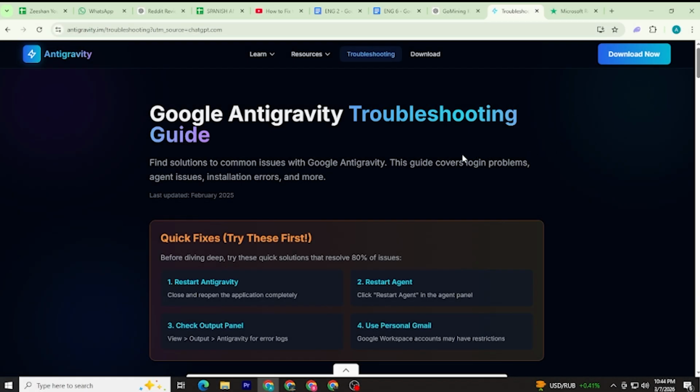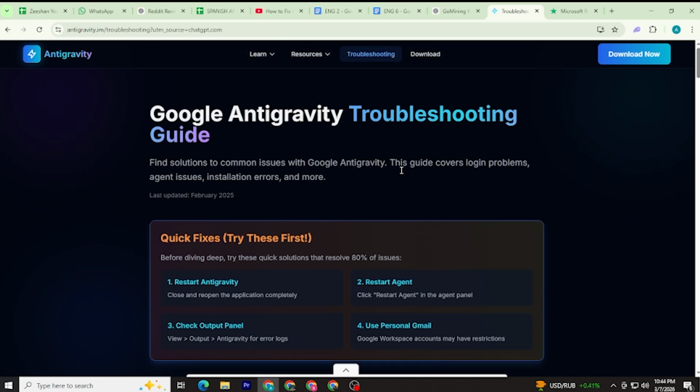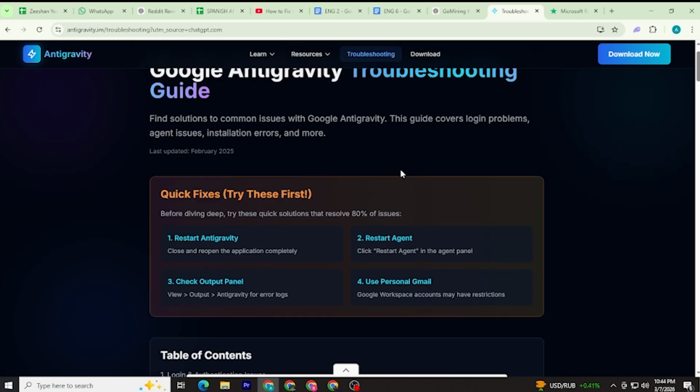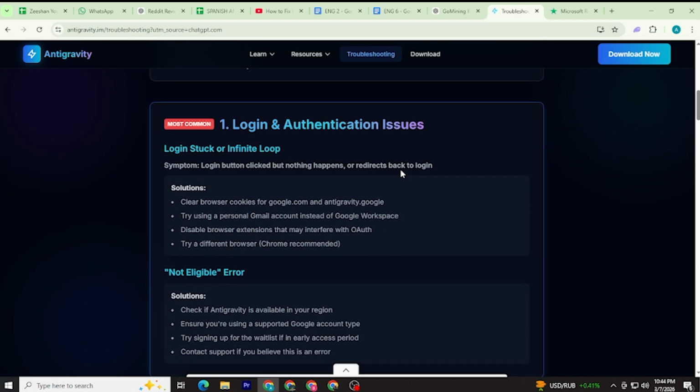Today I'll show you how to fix the login issue in Google Antigravity. If you're facing problems while using Google Antigravity, don't worry. Here's how to fix the major issues. Login and authentication issues. The most common problem is login errors. Check your internet, restart your browser or app, clear cache and cookies, and make sure your Google account credentials are